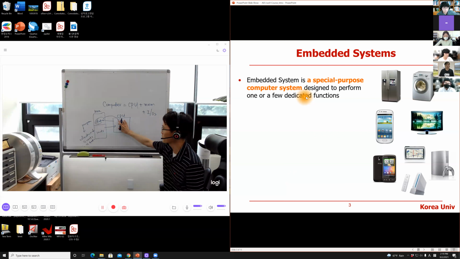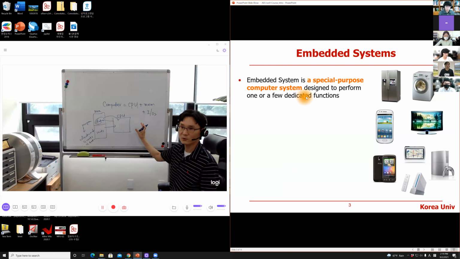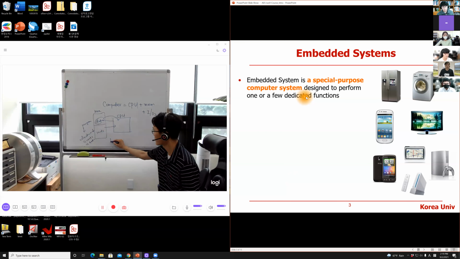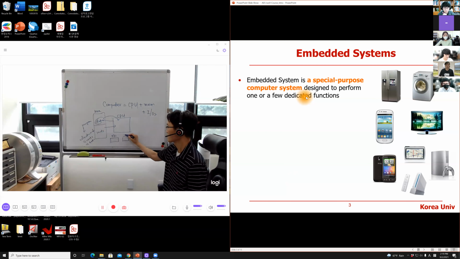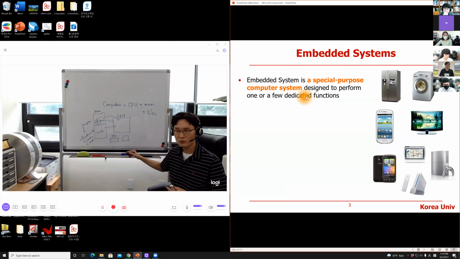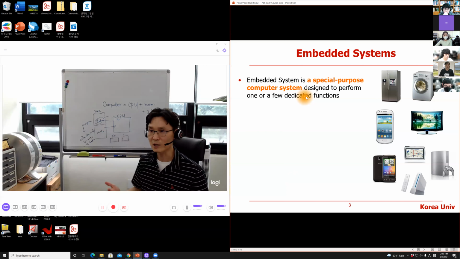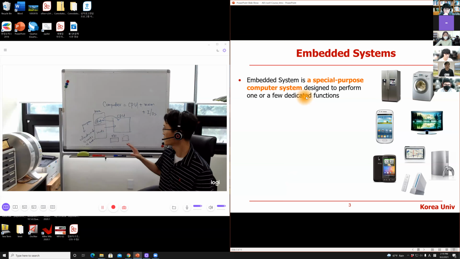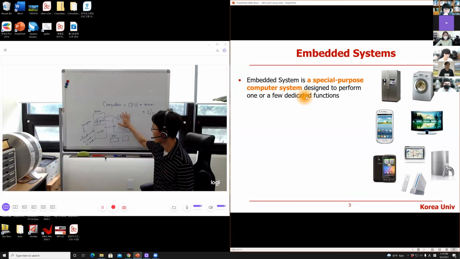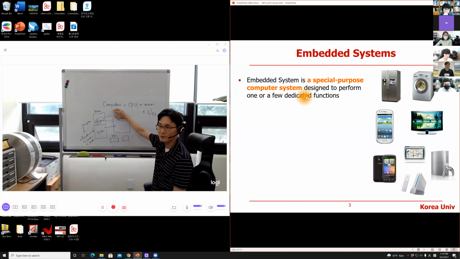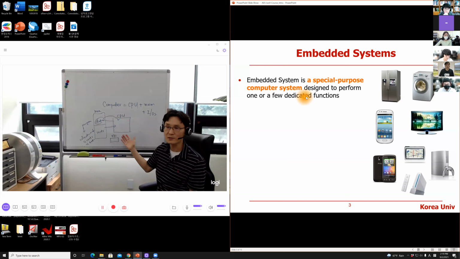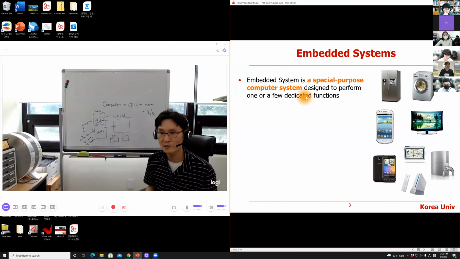If you have only CPU and memory, that is not useful to humans because it is not providing an interface to the external world. Right? So you have a lot of I/O devices in a computer. Keyboard, mouse, Wi-Fi module, Bluetooth module, hard disk, you name it. A lot of I/O devices, right? So integrating these three components, that is a computer. That is also an embedded system. An embedded system is also a computer, but